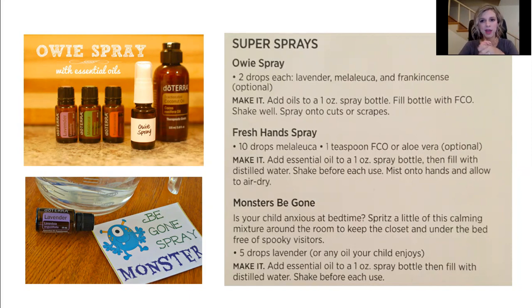I also love that On Guard blend. I've been doing this with my girls, where I get a little spray bottle and fill it up with water, and it's not a whole lot of drops. It's just, showing you here 10 drops. And I've even used less than that with the On Guard. And we use that instead of those really,